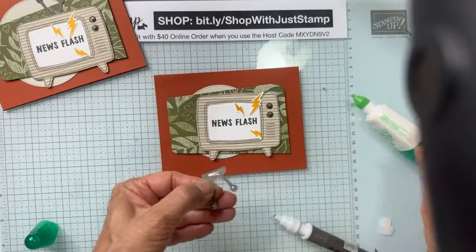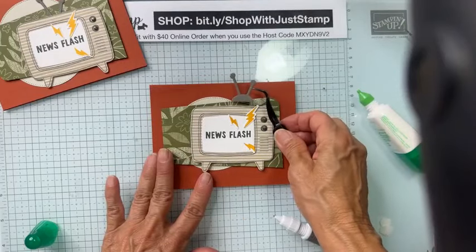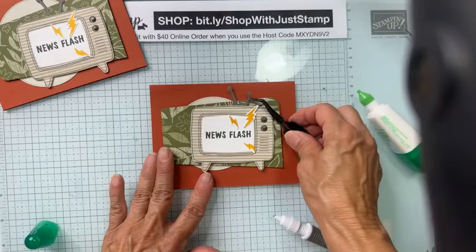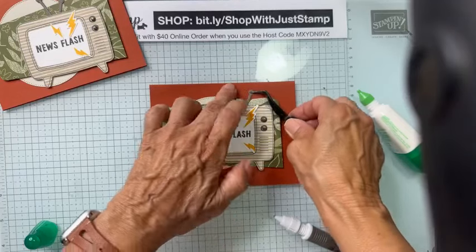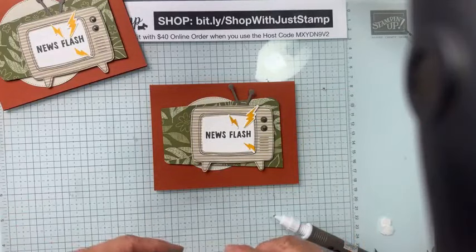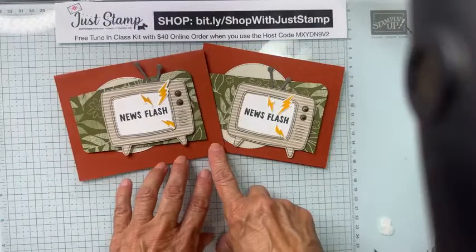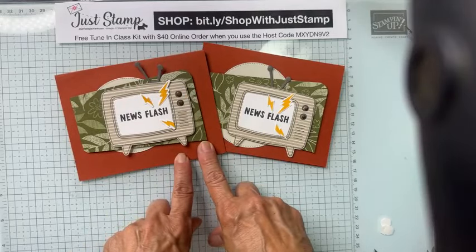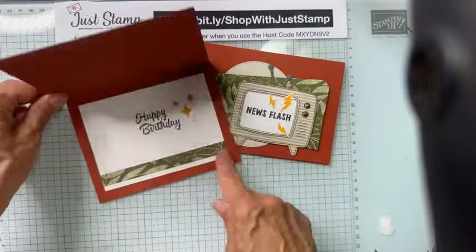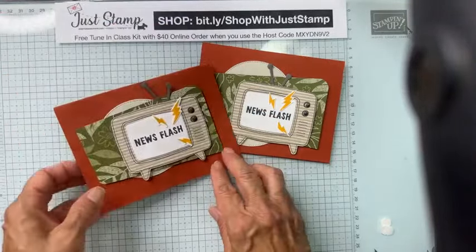I'm just going to add a little bit of adhesive, bring this in, put it right over top of the television. Whoops, there we go. Make that stick. And there is our first card, our news flash happy birthday card with the Cajun craze and the wonky shapes going on. And again, there's our insert with those little special stars. So card number 1,